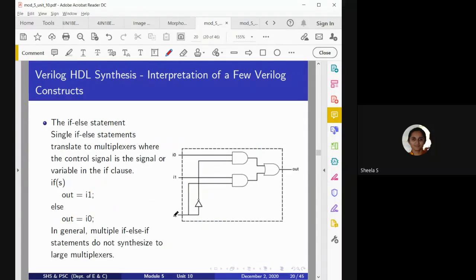Suppose I take an if else statement, then it also interprets the if else statement like a multiplexer, because if the condition is true, then that particular part of the circuit has to be taken. Otherwise, it has to go for another part, the false condition, isn't it? So this is also translated to a multiplexer, and it also depends upon how many bits we are considering while